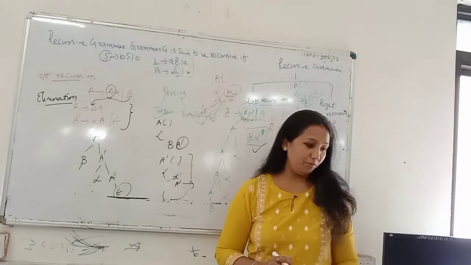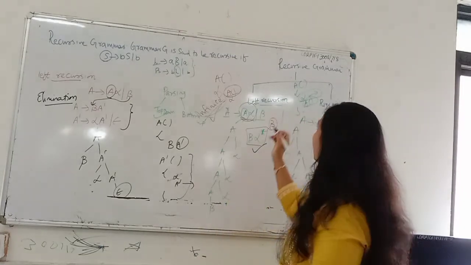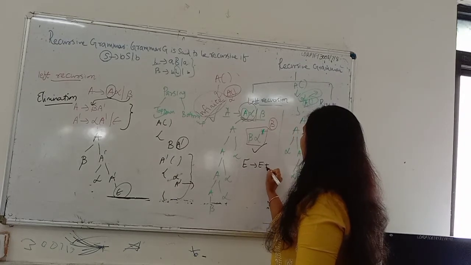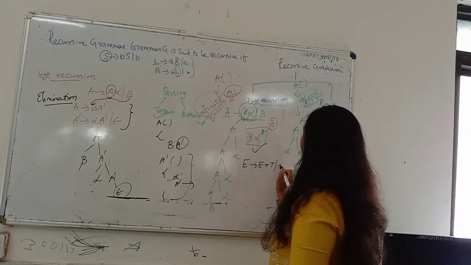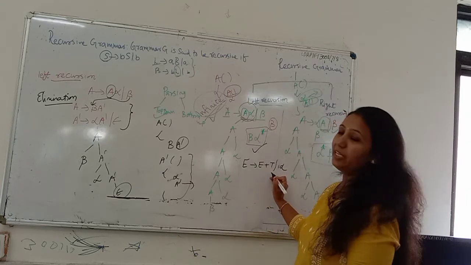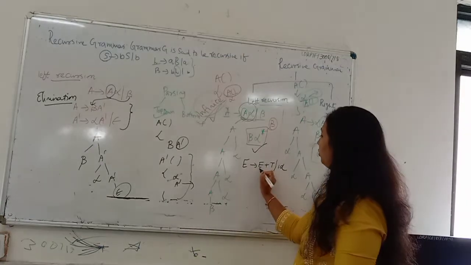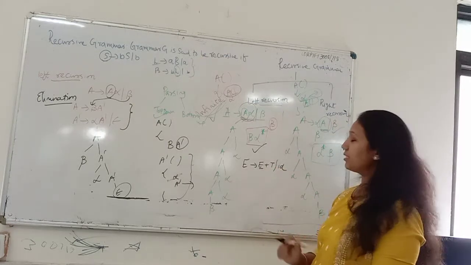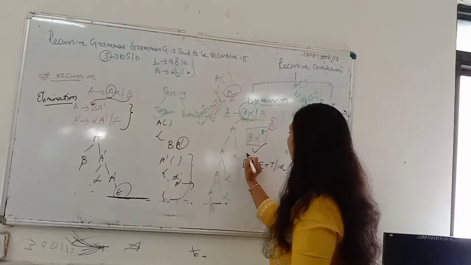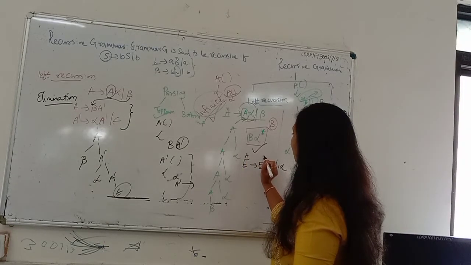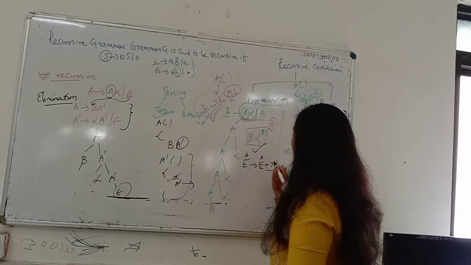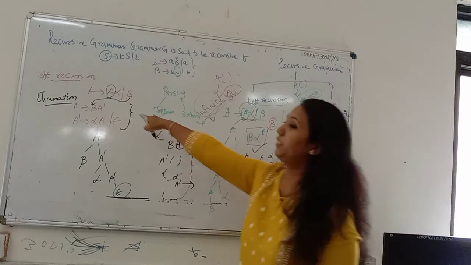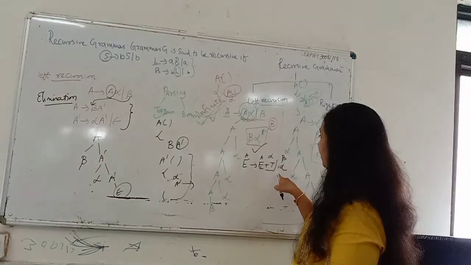Now let's see one more example. If I have a production of the type E → E plus T or ID, here we have a left recursive grammar. If I want to remove the left recursion from this, I need to do the following. I can write it in this way: A → A, this is my alpha, and this is beta. Now we have this rule with us. Rewrite it in this way.